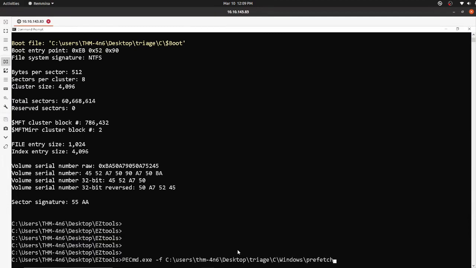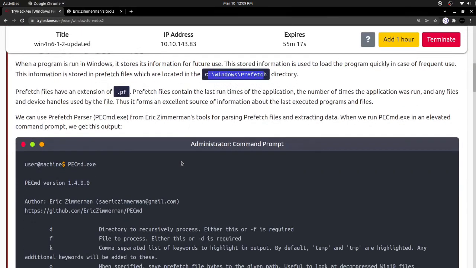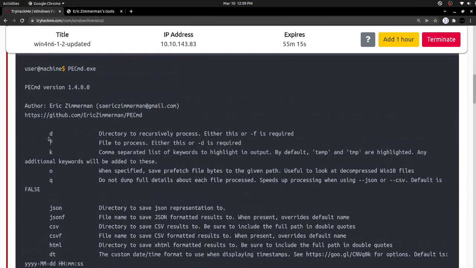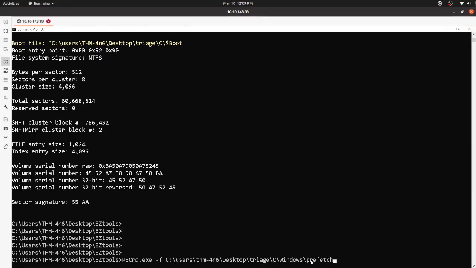And if you are using a folder, then you need to mention hyphen d instead of hyphen f. So here we are mentioning the prefetch folder, so we need to mention hyphen d instead of hyphen f since it is a folder.